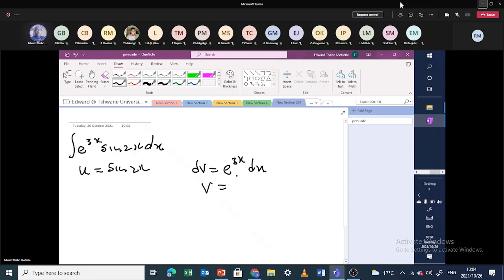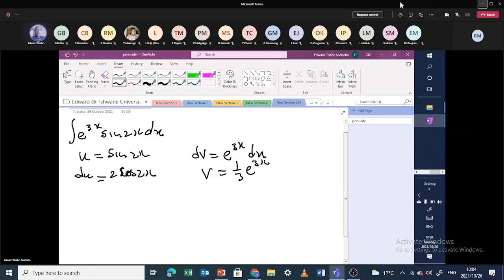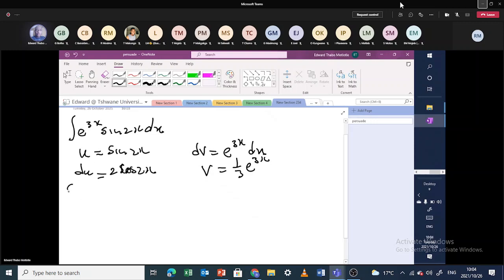Now v is equal to 1 over 3 e to the power 3x, and here du is equal to 2 cos 2x dx. Okay, now we substitute into the integral. This time we must give it a name. There's a reason why. We call it I, so we can let this equal I. So I is equal to